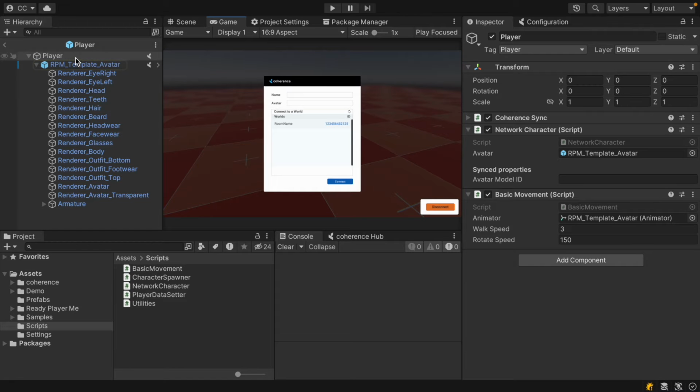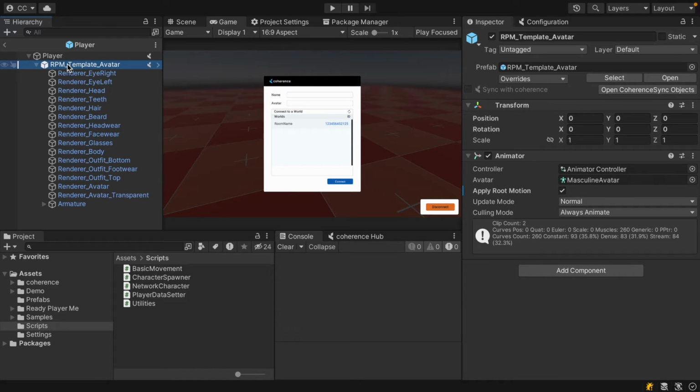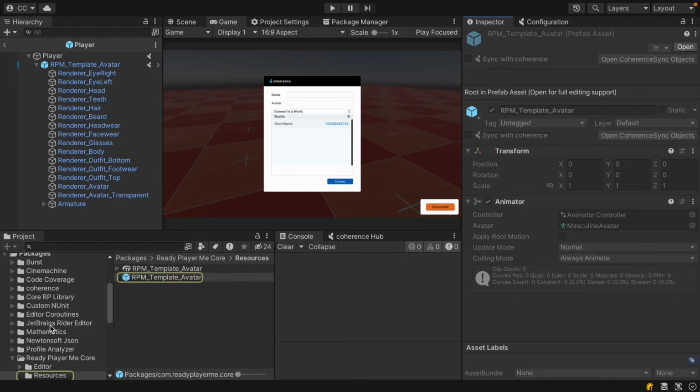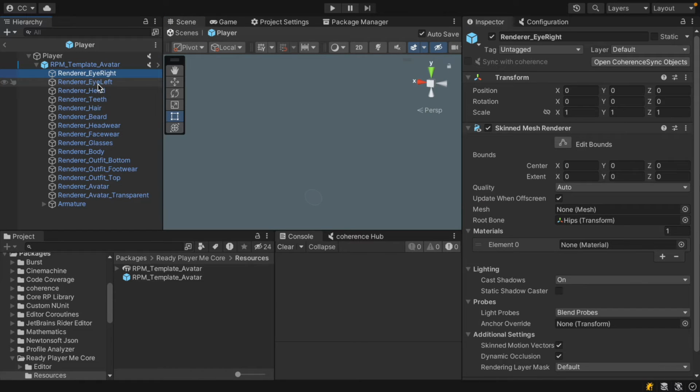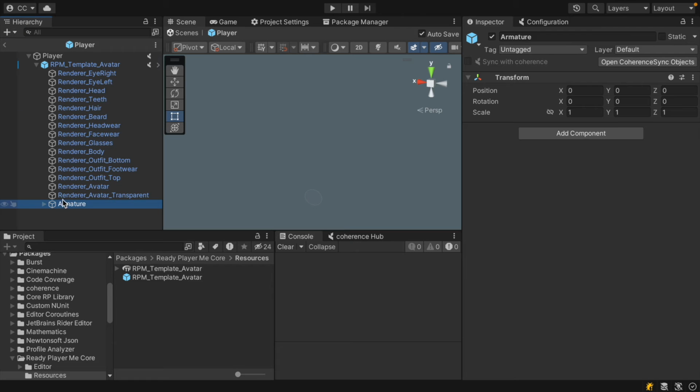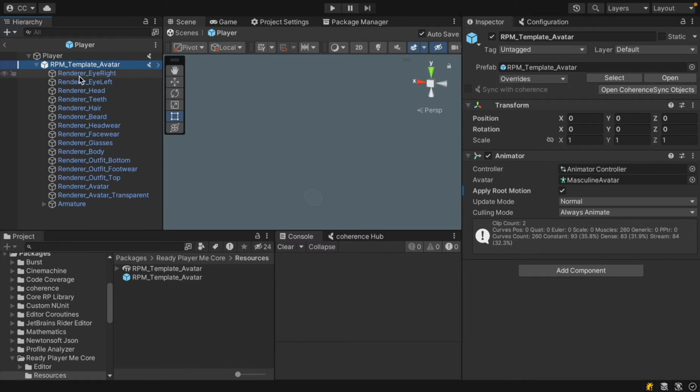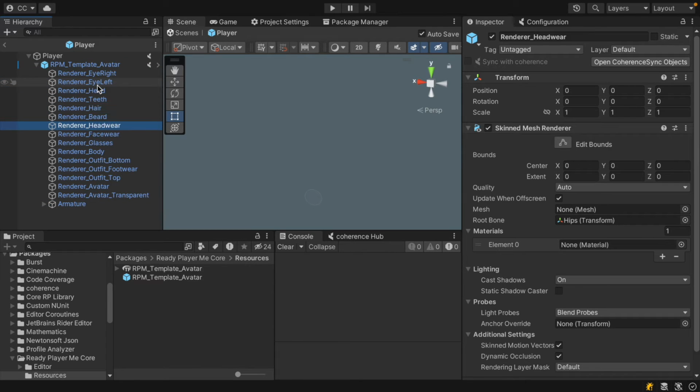And you will notice that in the prefab, this in particular refers to a prefab that comes from the Ready Player Me package, which basically includes the template avatar, which is an empty avatar, but it contains all of the parts that are required to inject the mesh that comes from the Ready Player Me server, including of course the bones and the full armature that will power the animation. But the meshes in this prefab will be completely swapped with the final ones. You see that right now they are all none, but at runtime they will be injected with the ones coming from the server.